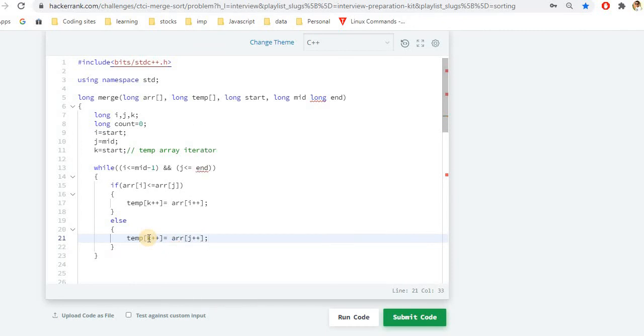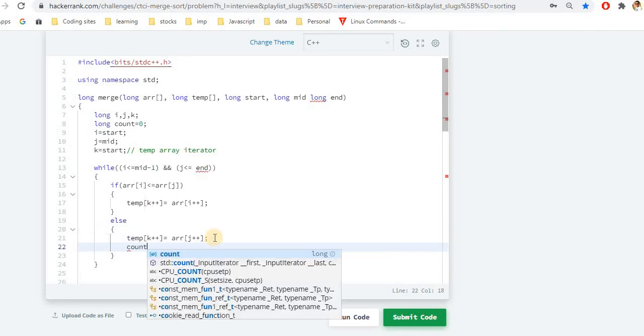So in the first part, if you observe, we were comparing values from the left to the mid, and whichever was lesser, we were taking the input. That was a 4 and 2, I think. So that was the case. So this is the main case, and here is where all the inversion is happening. So I need to count inversion here.